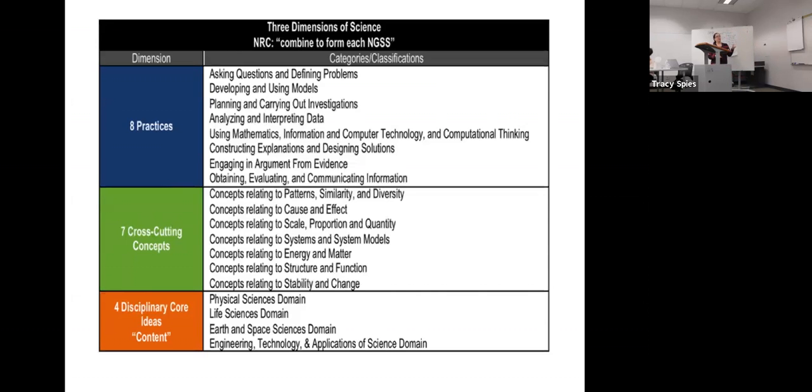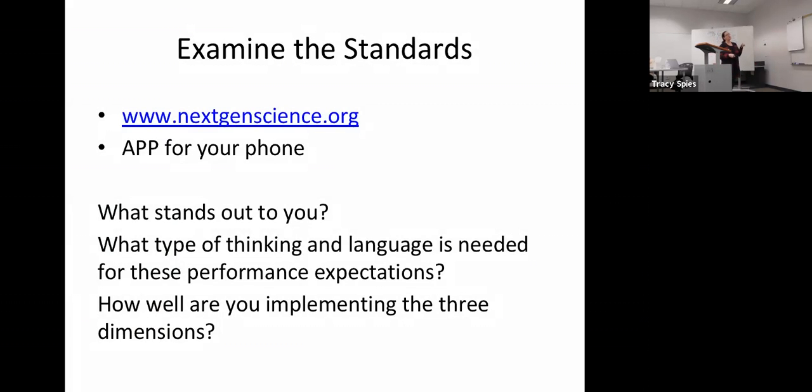So these are the pieces that you'll see when you look at the standards. You'll see the performance expectation at the top, and then you'll see this division of disciplinary core ideas and cross-cutting concepts and the practices, so that you can see how they all come together, okay? So what I want you to do now, you can do it in one of 2 ways, or 3. You can go straight to the NGSS website. Gloria sent you the link to the Nevada standards, or there's an app that you can download if you want to have your standards right here with you at all times.